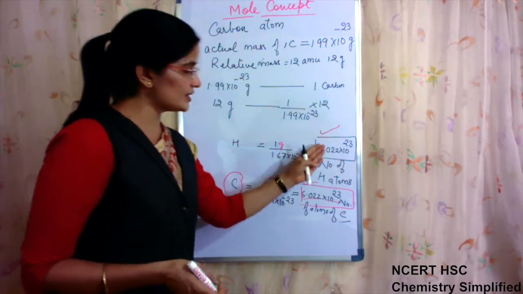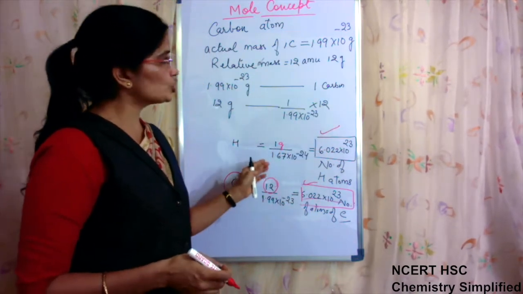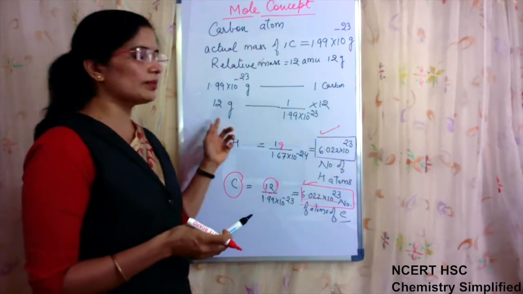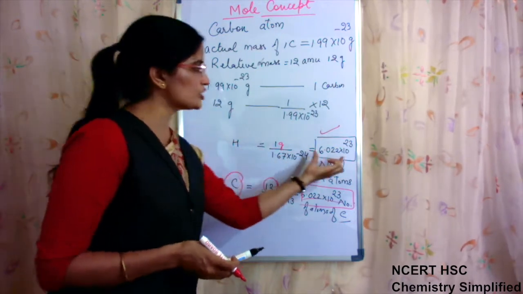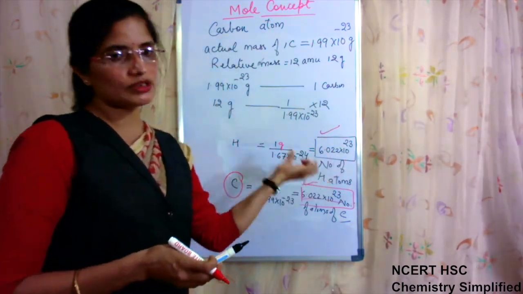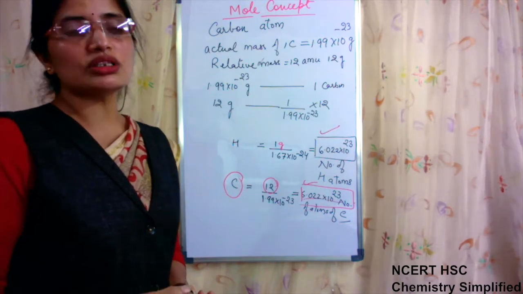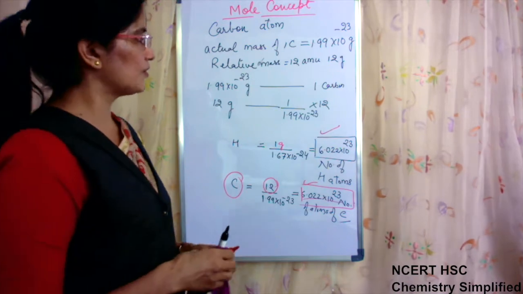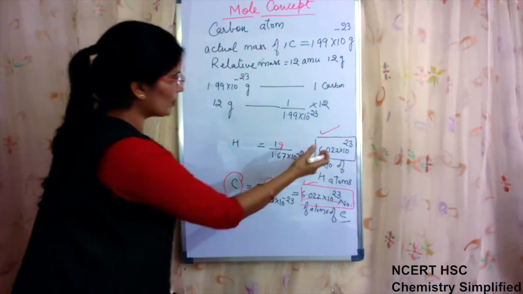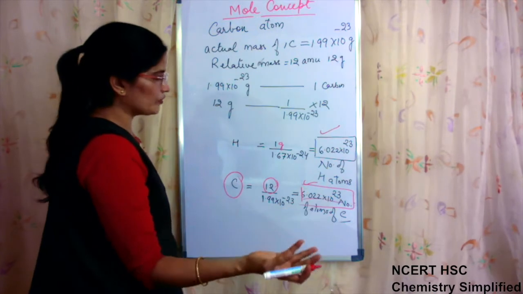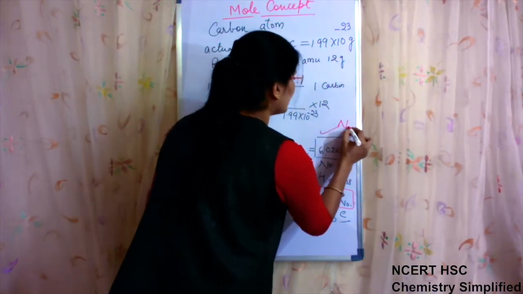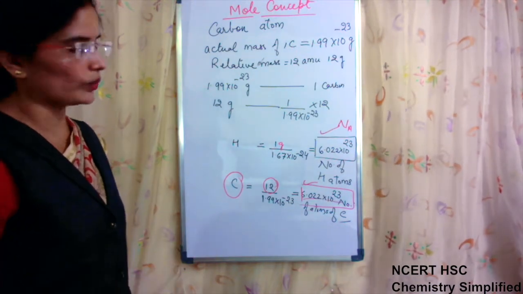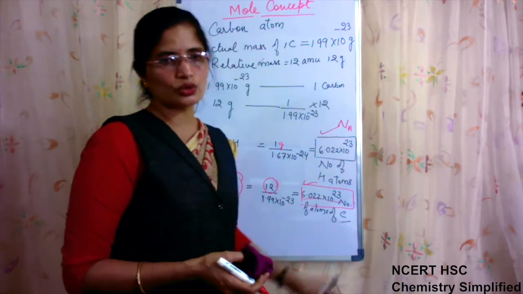So when we are getting the same value every time, that means what? That actually the relative atomic mass we have assumed is not the mass of one particular atom. It is the mass of these many number of atoms present in it, because it is impossible to weigh a single atom of any element because they are too small to be weighed. Okay, so this number, because it was coming the same, can be provided as a constant. So the term Na was given to it, and because the scientist who gave the term was Avogadro, this number is known as Avogadro's number.